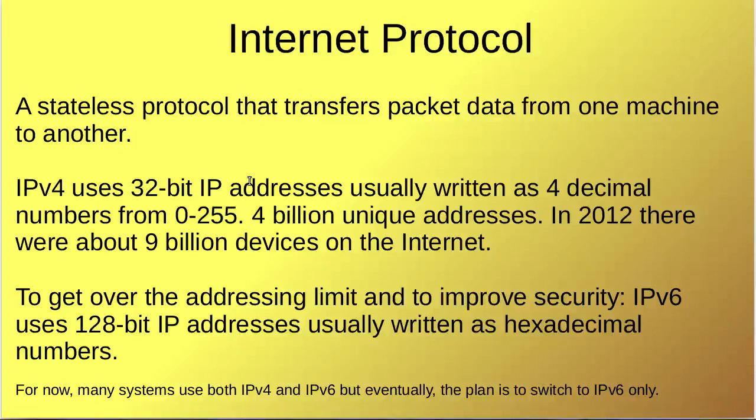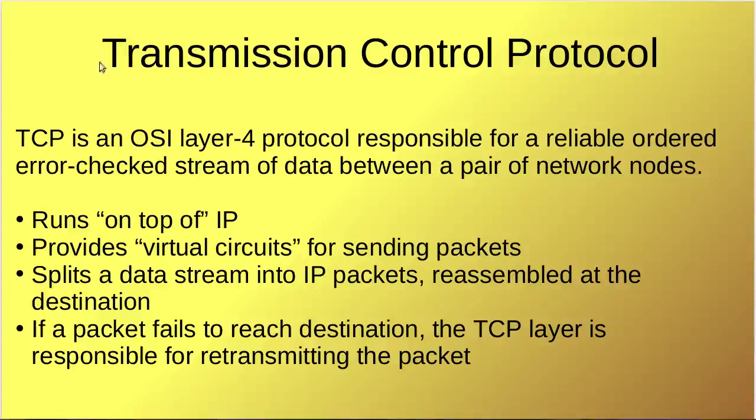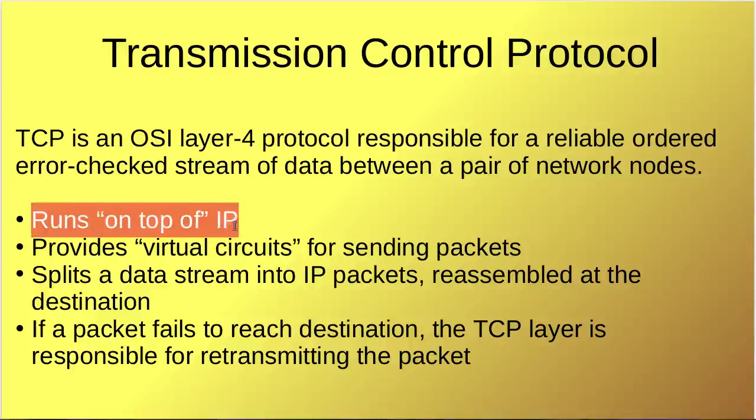What has to guarantee that is a protocol above it, and the one that we will be looking at right now is TCP. TCP is responsible for making sure that if you try to send something out, it gets there. So TCP runs on top of IP. It uses IP, and it provides what are called virtual circuits for sending packets. That is, you have some kind of route going from point A to point B through which a set of packets will go, and then if you have to, for example, send a large image, you're not going to be